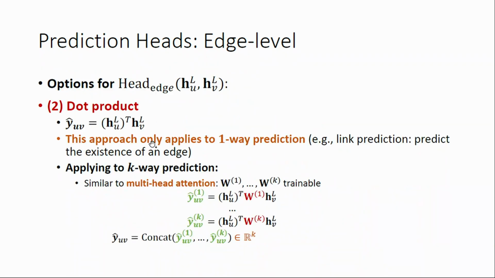Another very simple treatment is to just do a dot product, assuming these embeddings give you similarity on topology. So another training objective can be, if you want to enforce the dot product as a metric of similarity, then you can use it to predict the link and parameterize your loss with respect to